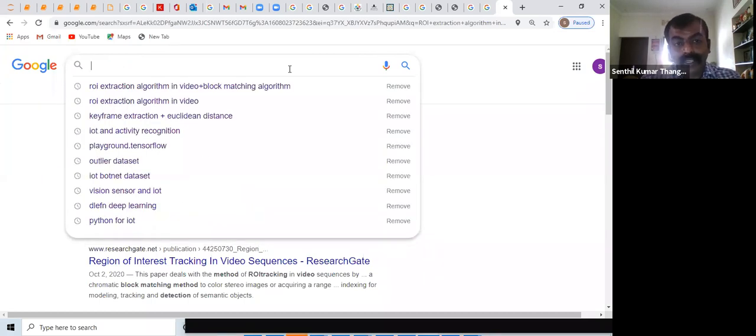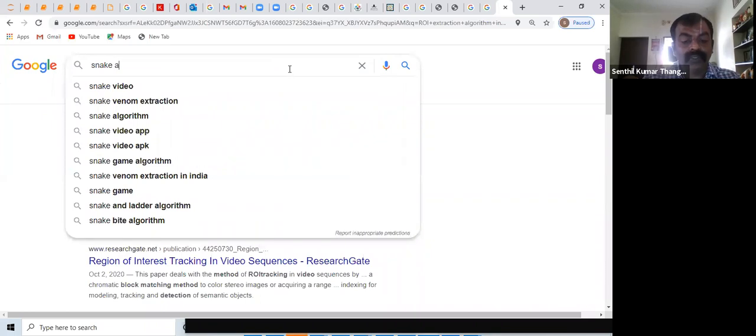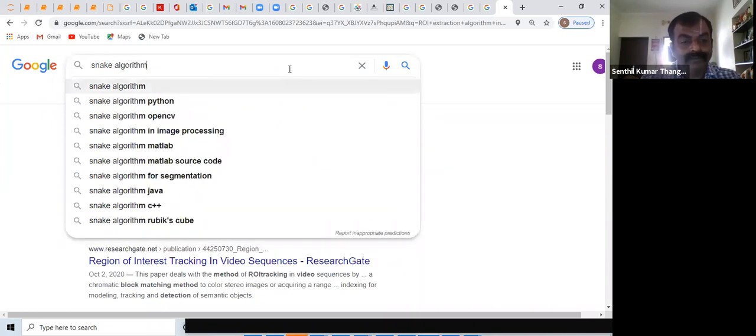Then the next is, see, fixing a block where the block is static is fine. Let's take, I'm moving my head forward and backward, right? Now my ROI also changes with the position of my face. There, what people suggest is that there is an energy component to the pixels because you're moving your face up and down. So that's the energy component for the pixels. You have to average out the energy, right? So there you can use an algorithm called the snake algorithm. That's a very popular algorithm, the snake algorithm, right?